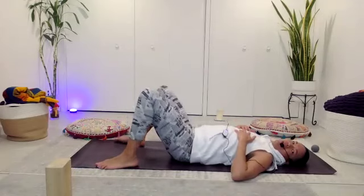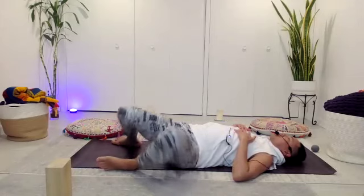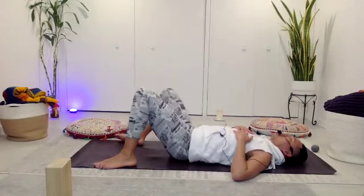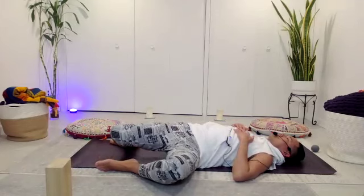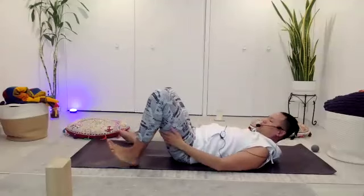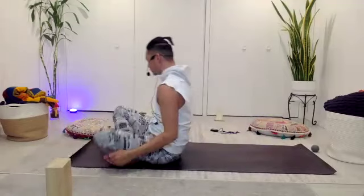We're going to start to slow things down. We're going to go into the relaxation portion of today's practice, but we're going to start with our hips raised under our block. So now's a good time to put on some socks, put on a throw,